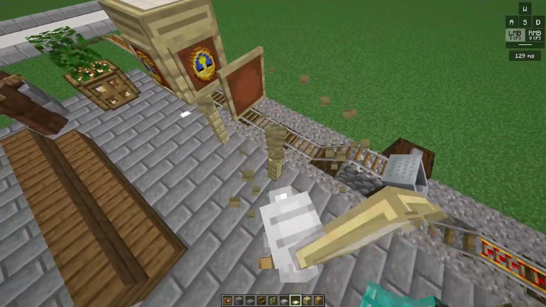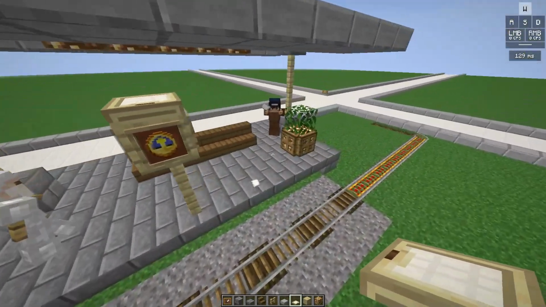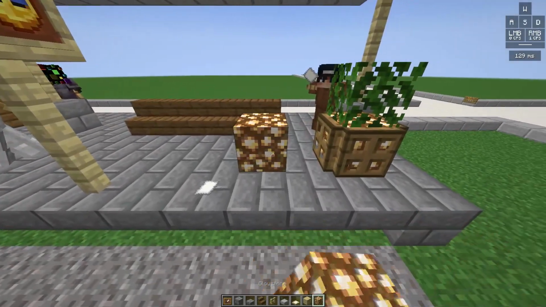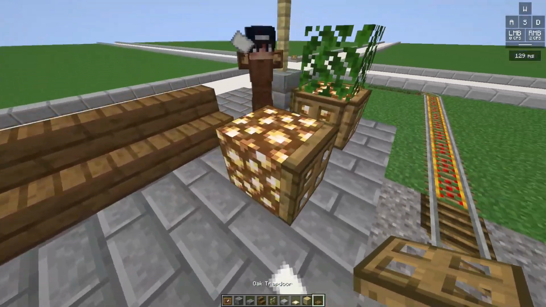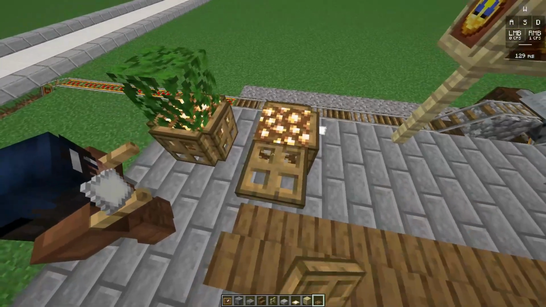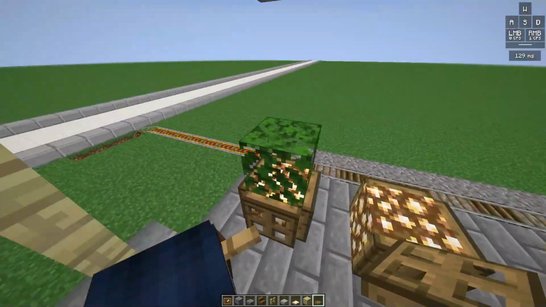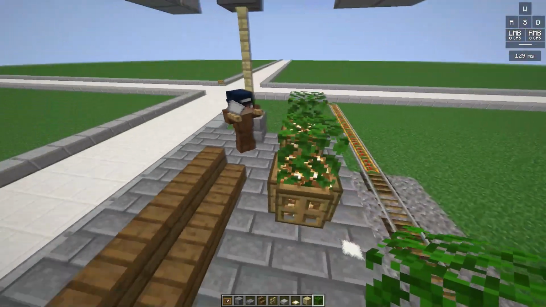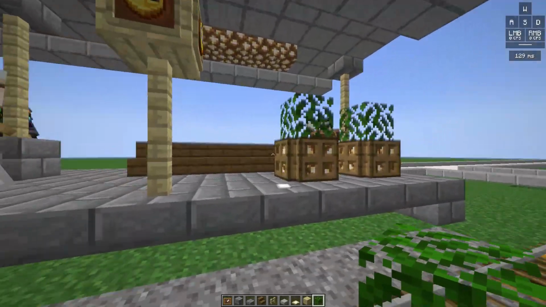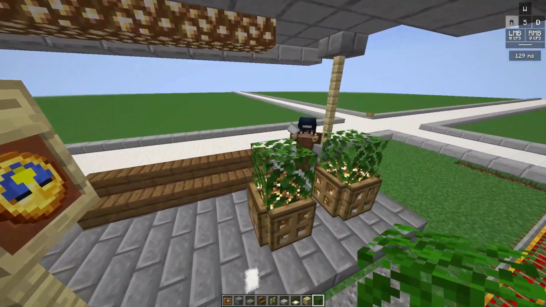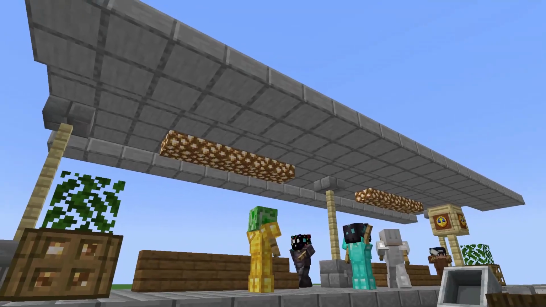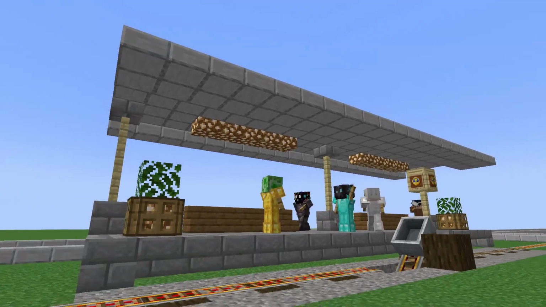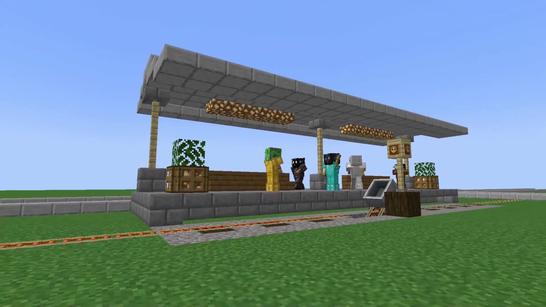And last but not least, on the building side of view, I used these glowstones and trapdoors around them. On the top, you just have to right click them and then oak leaves on top. In my opinion, this looks really nice. It gives some light and it's like these pots. Now that you've seen how you can build a platform, let's see how to make the rail system.